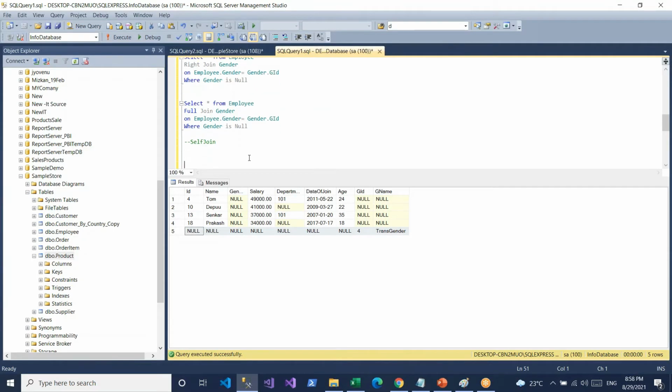So we'll create a new table. I'll create an employee table.